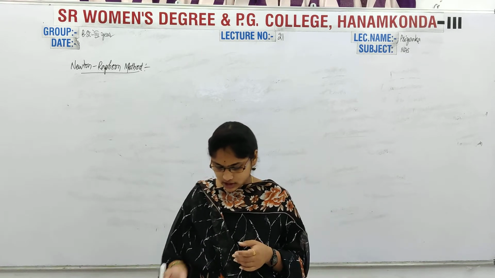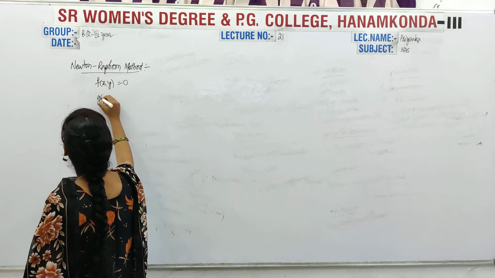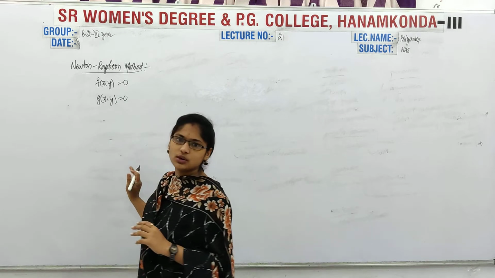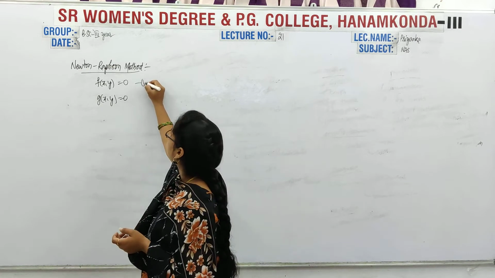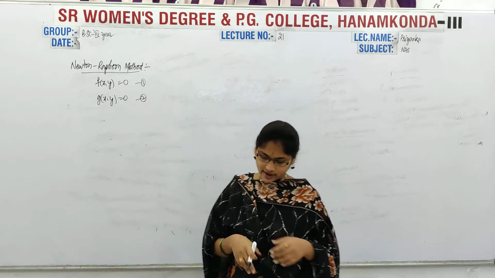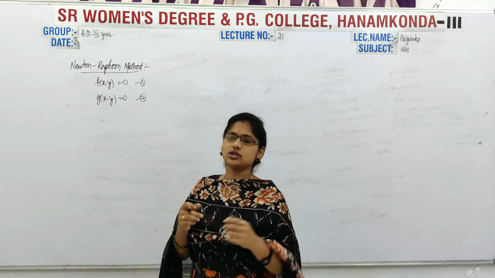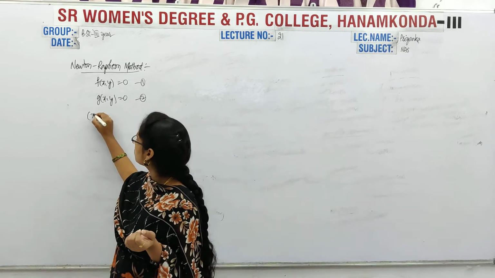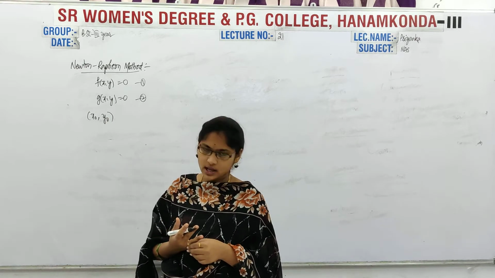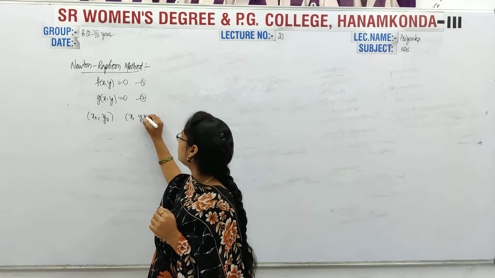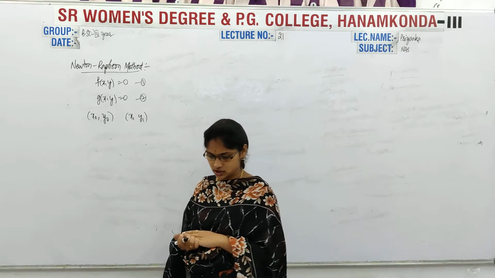Now write down, consider the system of two equations: f of x comma y equal to 0, g of x comma y equal to 0. Let x naught comma y naught be the initial approximation, and x1 comma y1 be the better approximations to the solution of the equations. Then